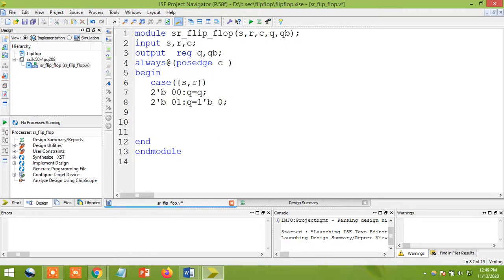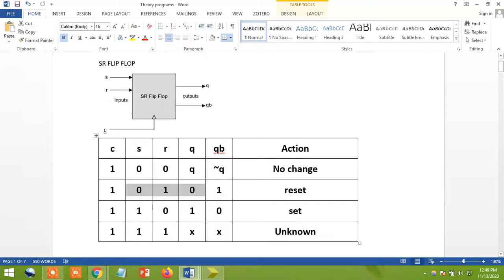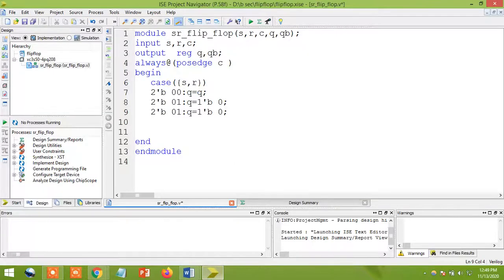Now you just tell me for the next statement. What is the next statement you'll get? Just type in the next statement. You try 0 1 over, next statement. Yeah, 2 tick b. I'll take here it is 1 0.